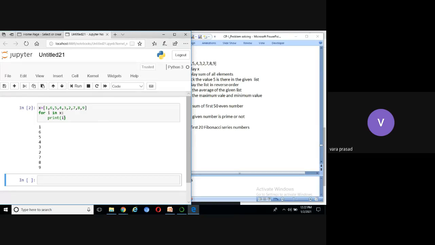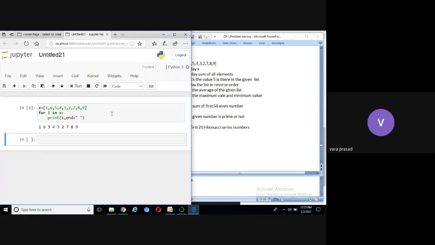So there is a modification of the code: for I in X, print(I, end=" "). You can see here, because print function by default uses the \n character. Whatever it prints, it includes \n, which moves the next print to the next line. To skip that process, we are going to take a keyword called end equal to space. That means print the complete output in one line with some spaces. Now we can run this code. Now you can see the output. Display the entire output in one line by using the keyword called end.